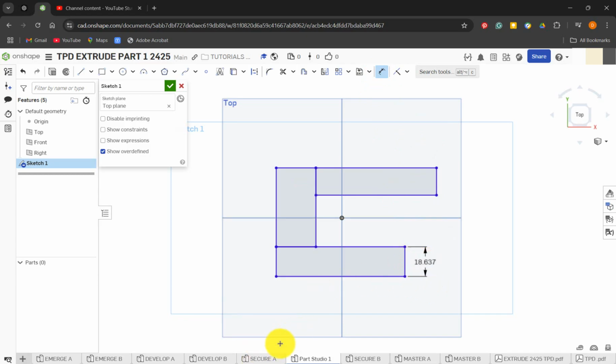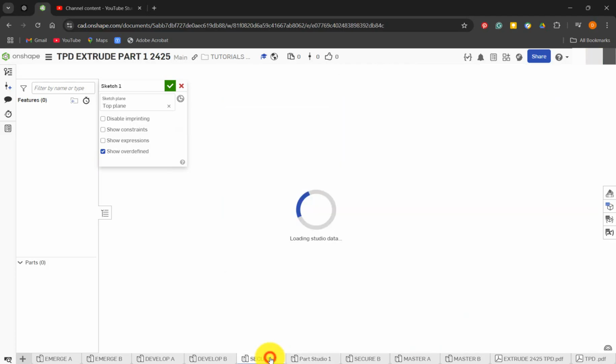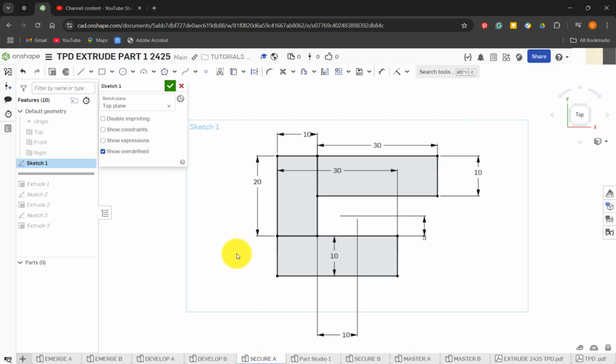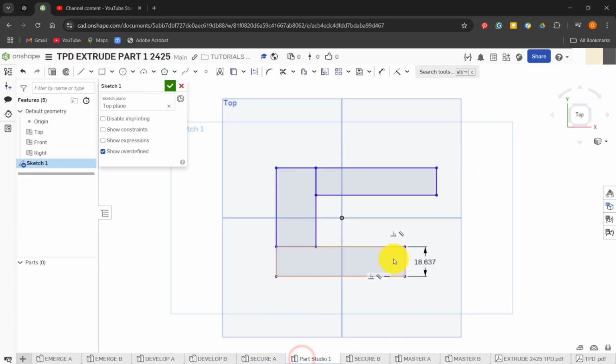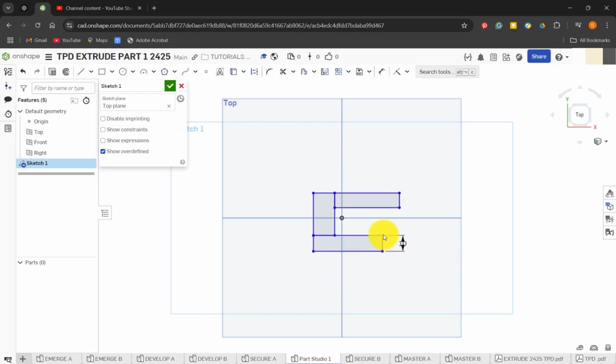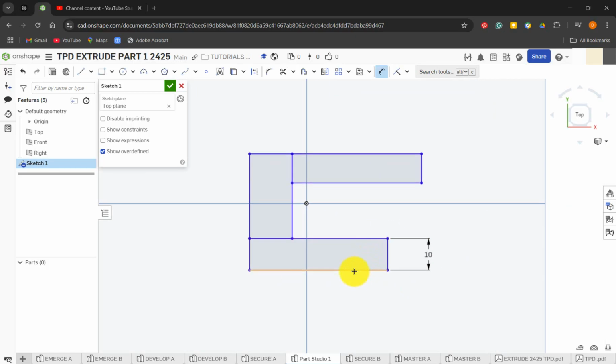So let's have a quick look back at our reference model, especially if you've got a brain or memory like me. It is always good to make reference. So this looks quite easy. So we've got 30 by 10. Let's go back to that. So I'm going to go 10, and we can always change this if we've messed it up. We're going to go 30, so each time I'm clicking enter,